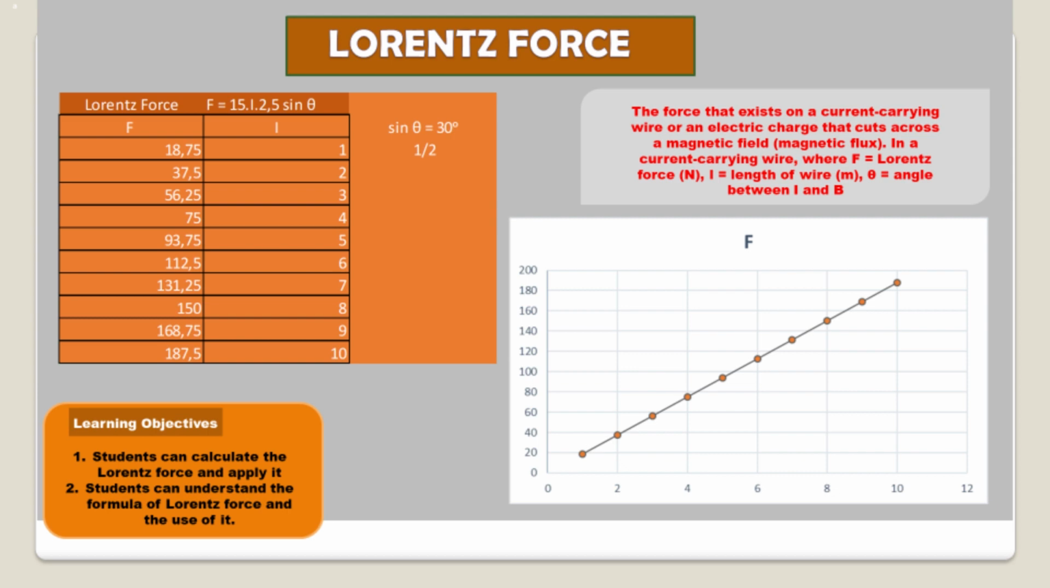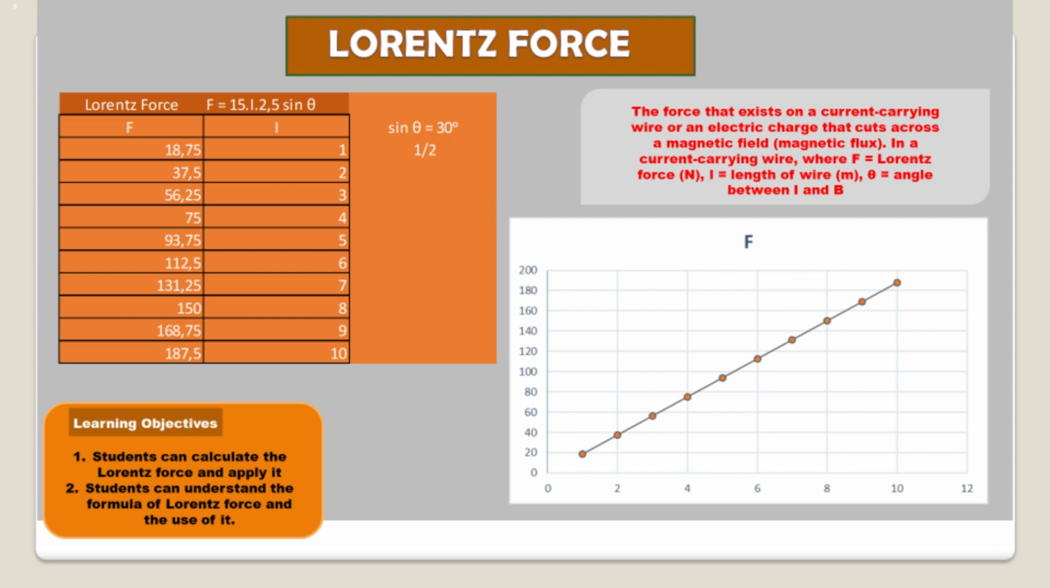The force that exists on a current carrying wire, or an electric charge that cuts across a magnetic field, or magnetic flux. In a current carrying wire, where F is Lorentz force with the units of Newton, L is length of wire with the units of meter, and theta is angle between I and B. The formula of Lorentz force on a current carrying wire, or an electric charge, is F equals B times I